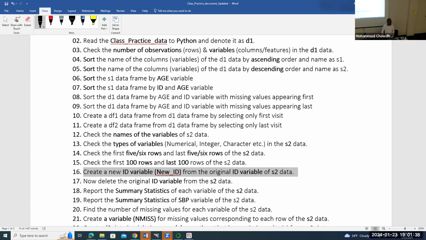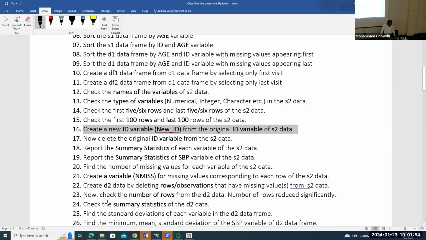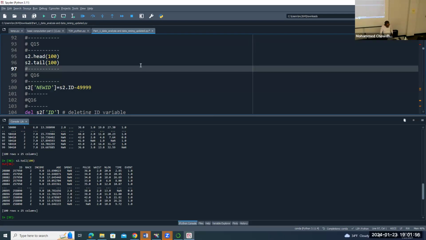Then he will sue you, and in that case you will lose your job, you have to pay a fine, and you will not be able to find another job. So be careful about handling data when there is an identification variable for the people. Clear? Okay, so what I did in here,